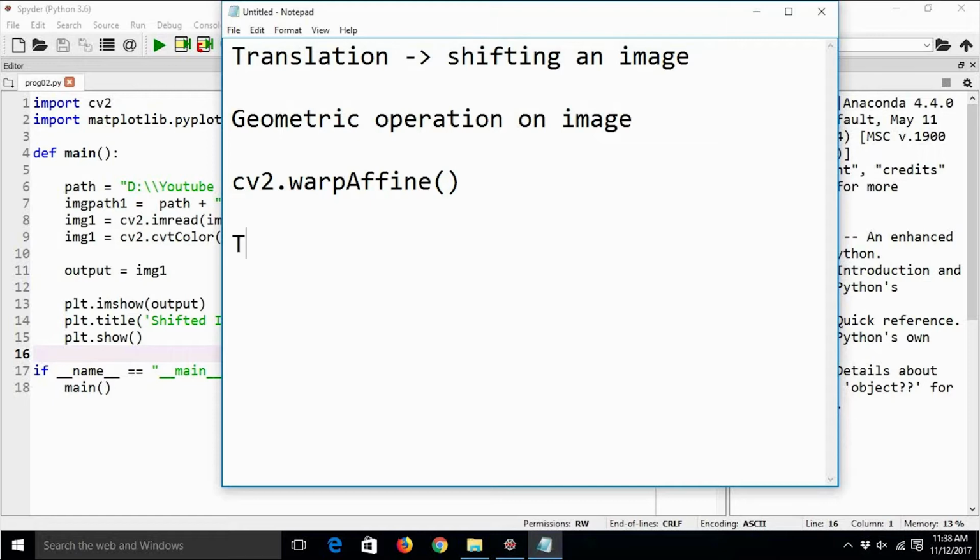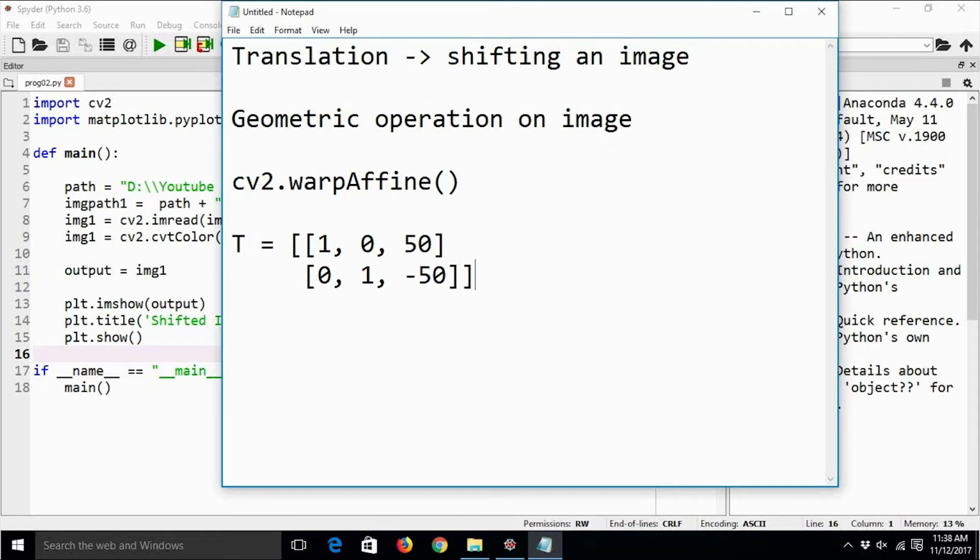Suppose T is the transformation matrix, then it could be something like, let's just say, 1, 0, 50, and then 0, 1, -50.